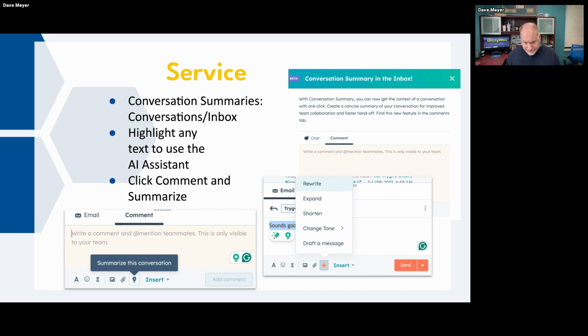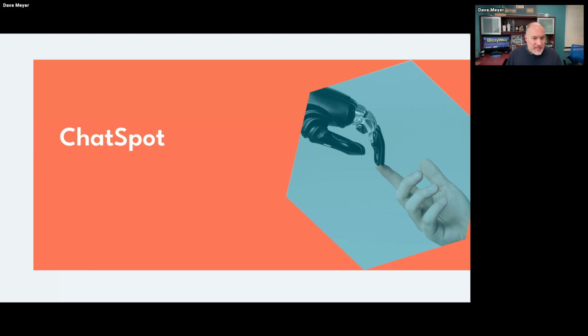Super, super helpful. All right, there's one more tool that is a little bit outside of HubSpot, but is HubSpot for all intents and purposes, and that is my good friend and hopefully yours, ChatSpot. We did a hug last year with the folks in charge of HubSpot. Drew was absolutely brilliant at helping us with everything that we needed to know about this. If you haven't seen that, 6 months is a long time ago, and ChatSpot has massively improved and added a bunch of new cool things. I think at the time it didn't even do imaging, but if you haven't checked out ChatSpot in a while, you want to go to